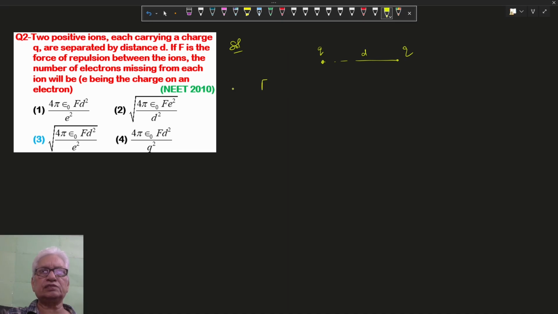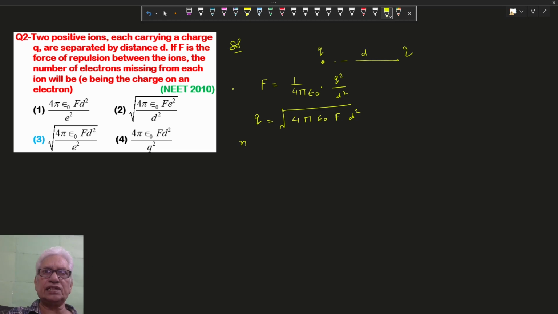In this question, two charges Q are separated at a distance of d, then the repulsive force will be given by 1 upon 4 pi epsilon naught Q square divided by d square. Q square can be written as 4 pi epsilon naught F d square, and because of the square,